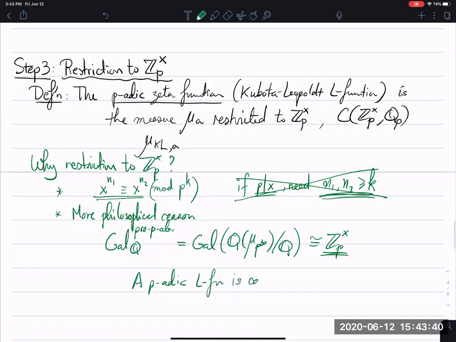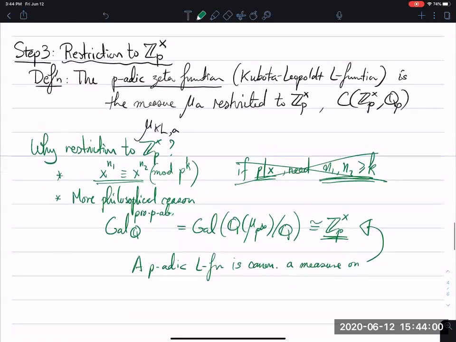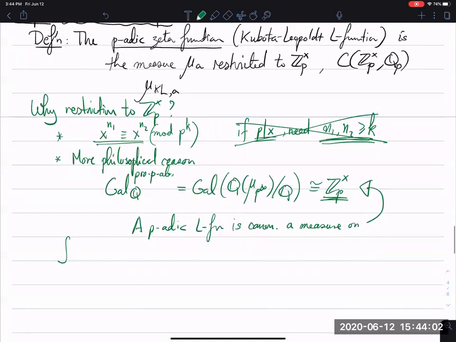It's canonically a measure on this, as opposed to an abstract Z_p cross. One should conceptually understand that a p-adic function is a measure on this Galois group, as a sort of canonical object. And this is also illustrated by, when we say integrate, earlier on we wrote, okay,